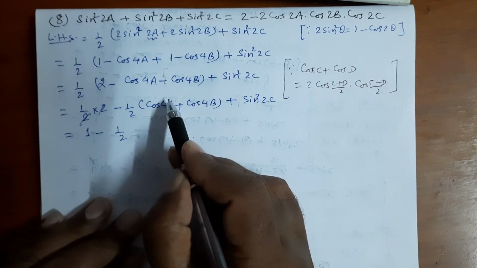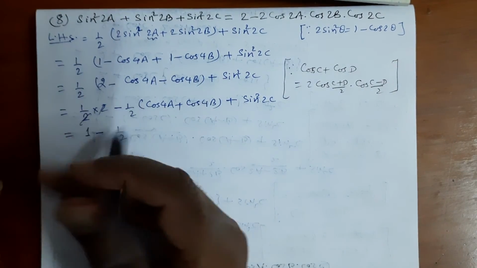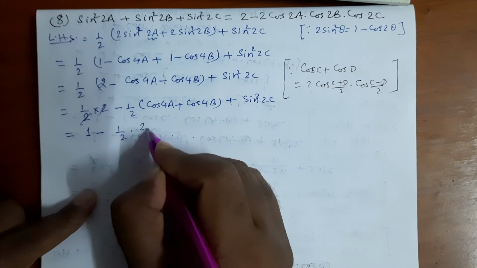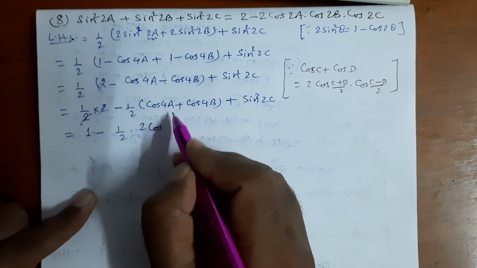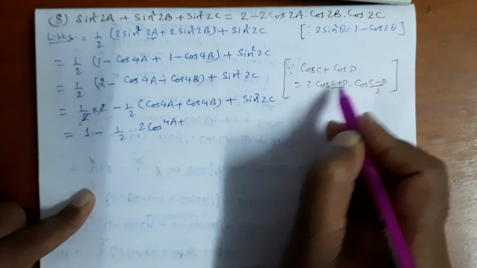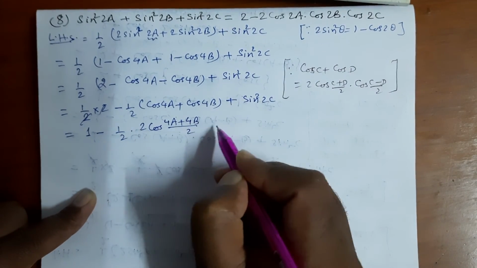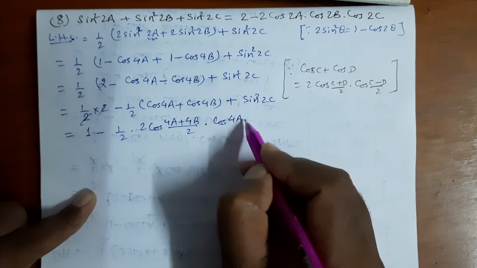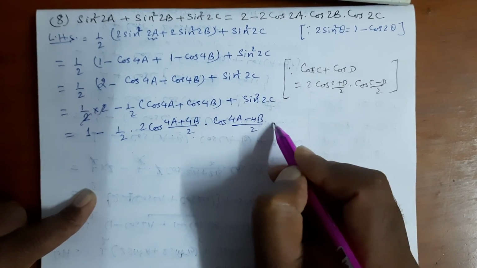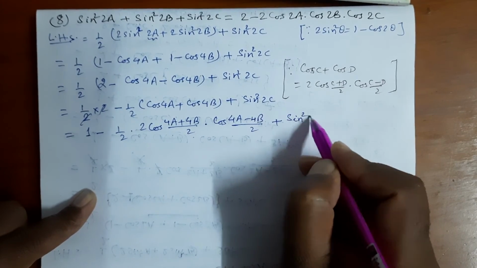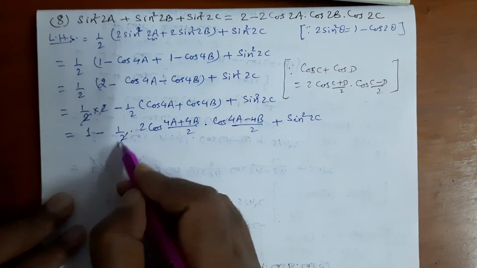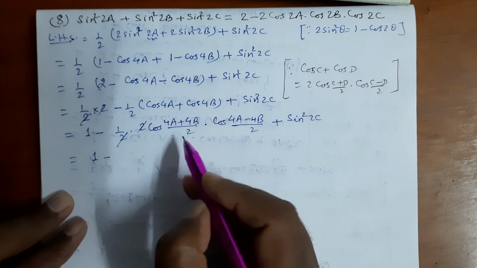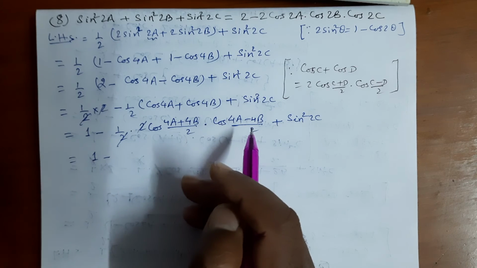So in place of c we have 4a, in place of d we have 4b. We use that formula here, and it becomes 2 cos, in place of c 4a, plus in place of d 4b, over 2, times cos (c minus d) over 2, that is (4a minus 4b) over 2, plus here is sine square 2c we have there. Now 2 can be cancelled, so from this 2 can be taken out as common,